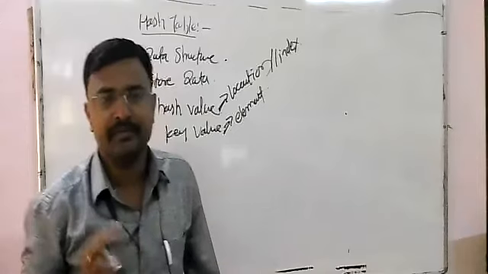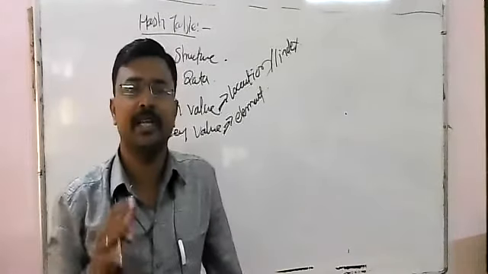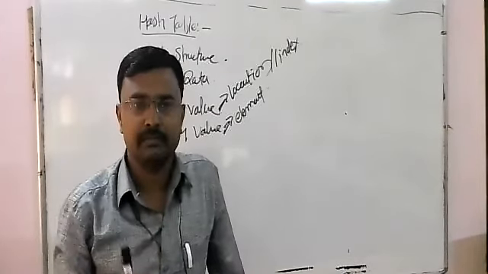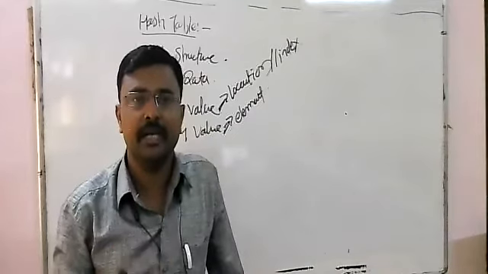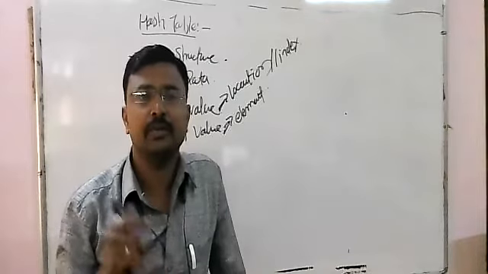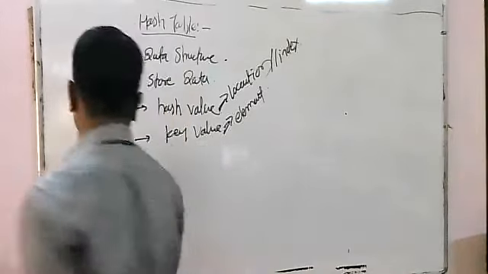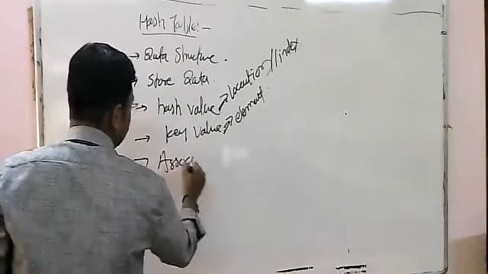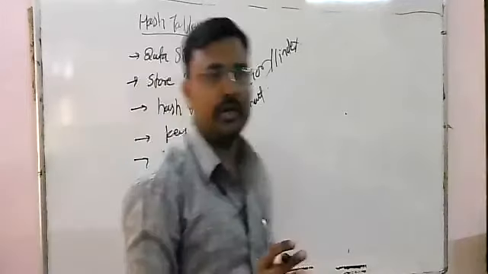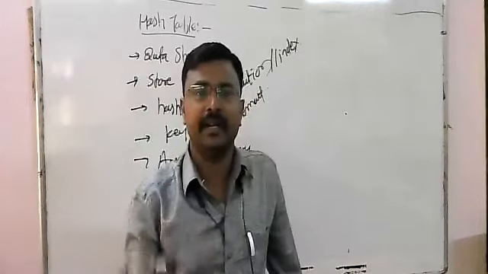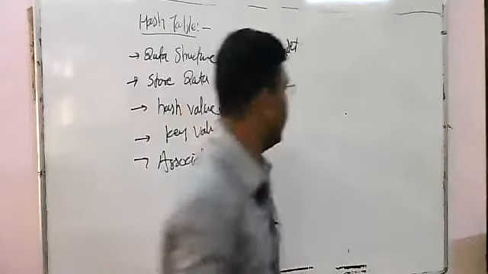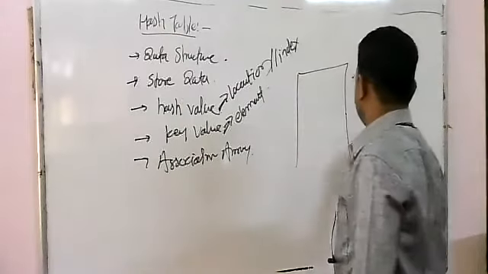Okay. Now, as we are saying, your hash table also has an index where you are going to store the element. Means your hash tables are created by using an associative array. Here the data is stored in the hash table, but it takes the help of your array. See how it looks. Your hash table looks like this.